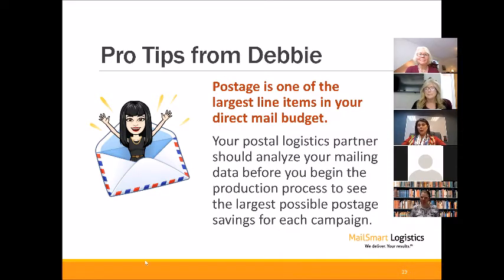So your Postal Logistics partner should analyze your mailing data before you begin the production process to see the largest possible postage saving for each campaign, whether it should be drop shipped, commingled, but also, and Elise will get into this, putting an extra insert in the envelope could turn it from a letter to a flat. So I just say concentrate on postage, concentrate on postage, concentrate on postage,